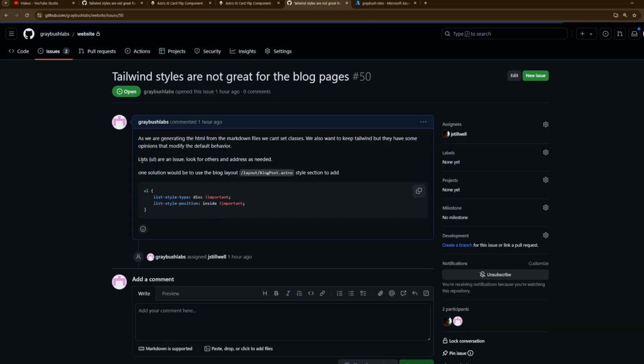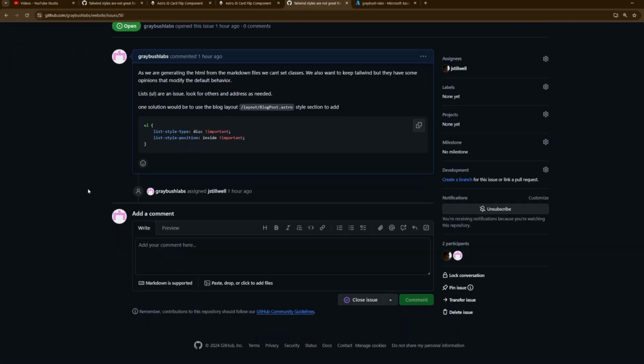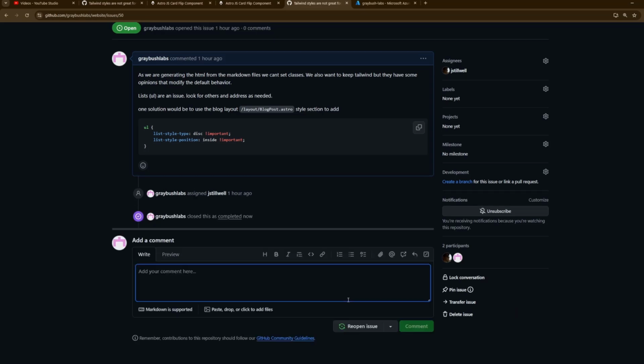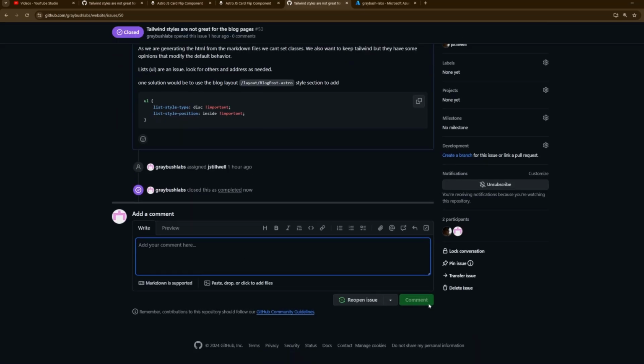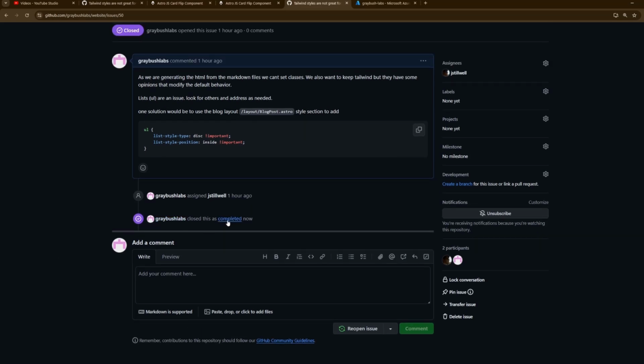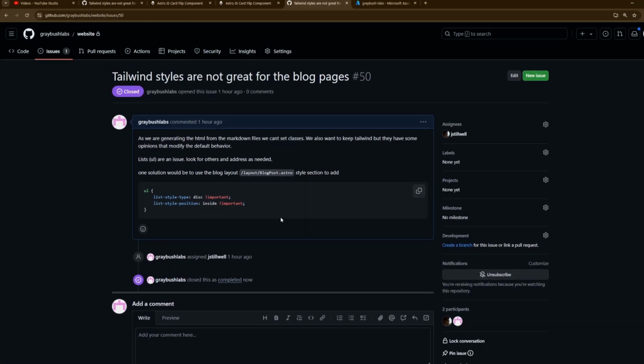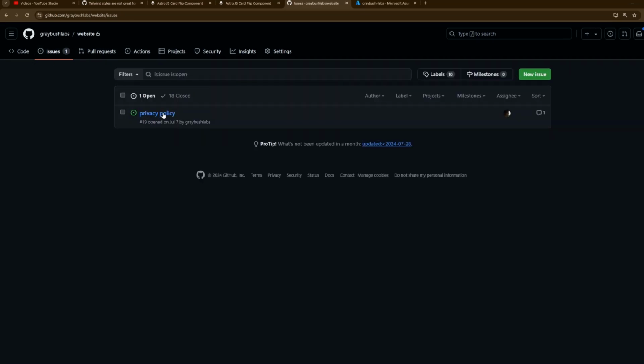Did it not close? I missed it. I put it in the wrong area, I guess, so we'll go ahead and close it out from here. So now we can see it's marked completed. I missed it before. So next time, if you guys are doing this, when you do the pull request,